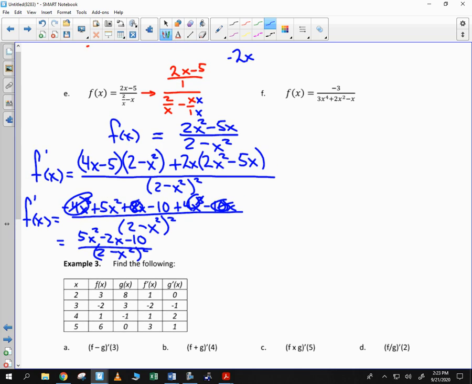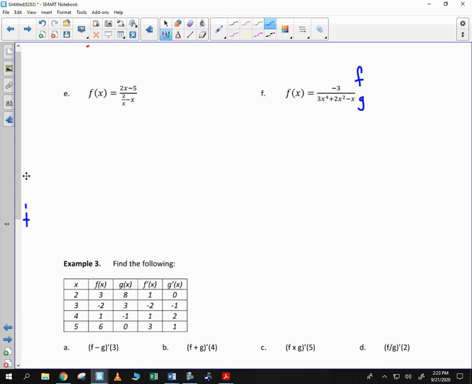You look at an example like f and you're thinking that that's super difficult. Really not that bad. Watch how I write this out. The derivative is equal to the derivative of the top. What's the top? The top is negative 3. The derivative of that is 0 because it's a constant, times 3x to the fourth plus 2x squared minus x. Minus the top, which is negative 3, so plus 3, times the derivative of the bottom,